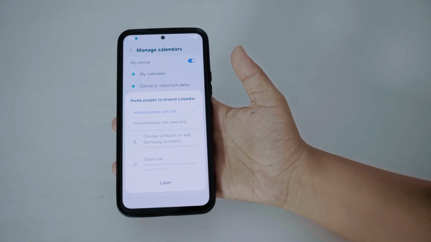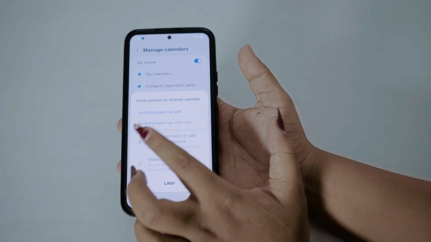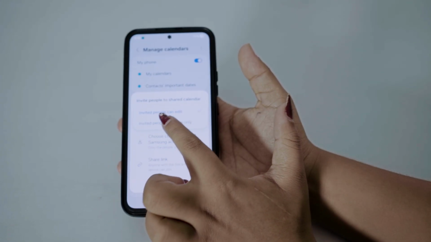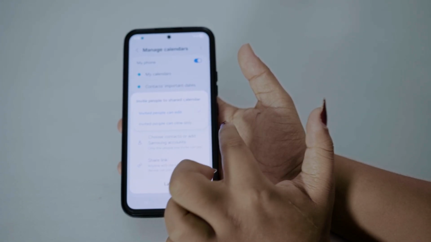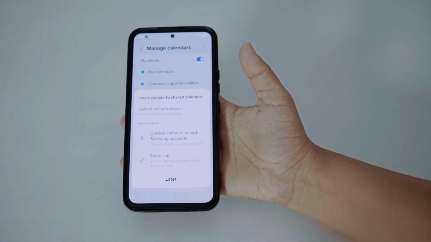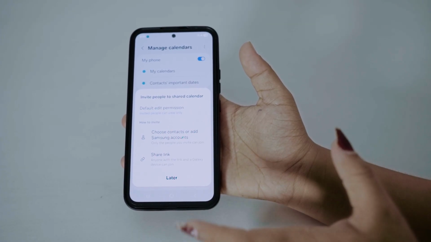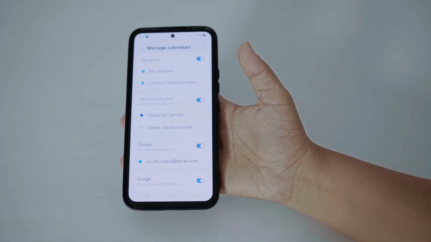If you tap on it, here you can see there is the option of invited people who can only view, or if you want other people to edit it, you can simply choose the option of people can edit. For now, I'm simply going to choose the view. And after doing that, if you want to share it right now, you can simply tap on these options. But if you want to share later, you can tap on later. So after tapping on later,